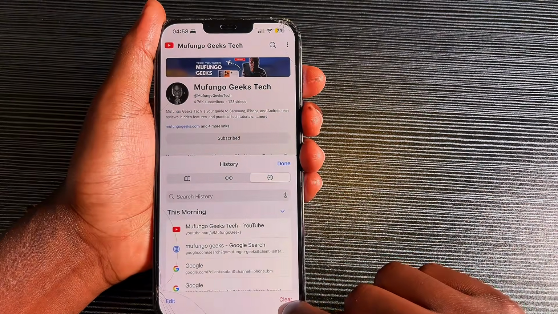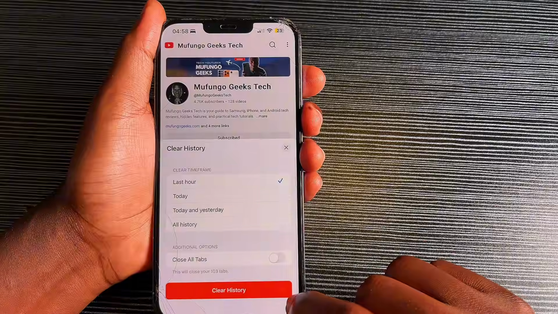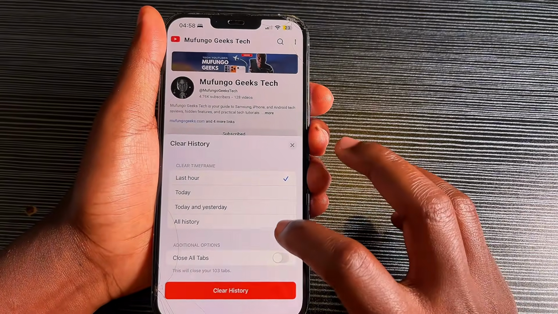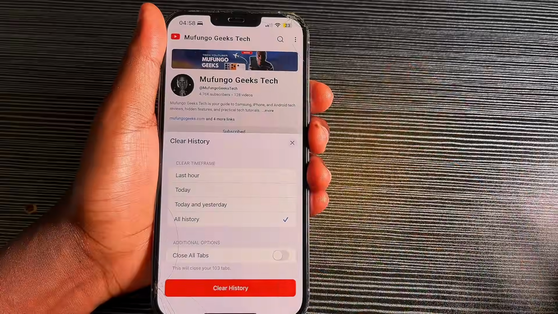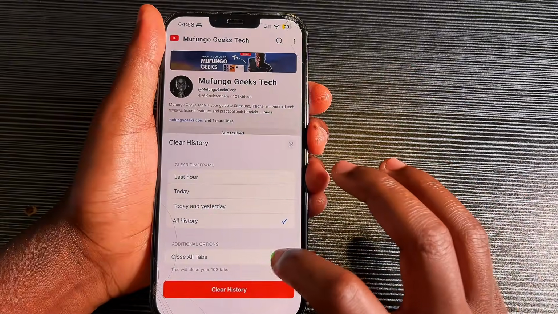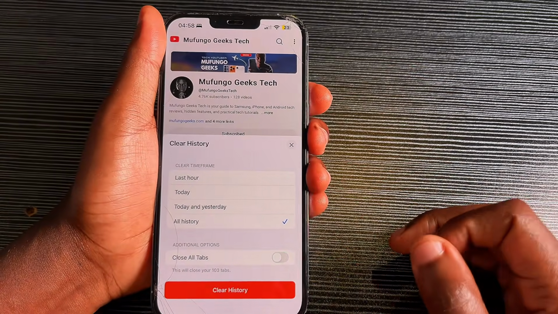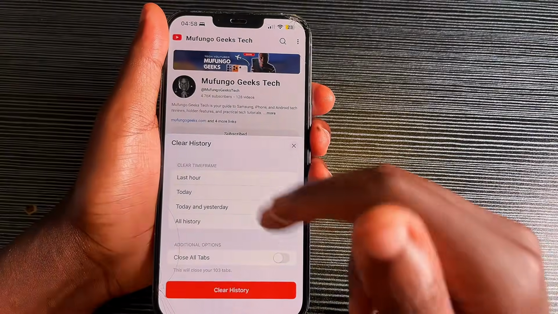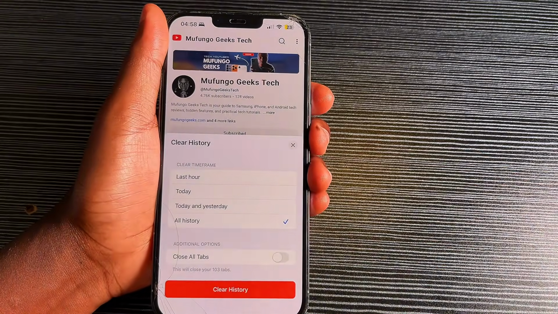And then you can just choose the option clear. And once you choose clear here, it will show you the same options as well. All history, just as in the settings. You can choose to also close tabs here and then say clear history. And once you clear history, it will then close all your tabs as well as clearing all that history from